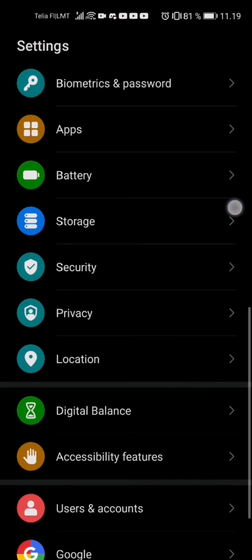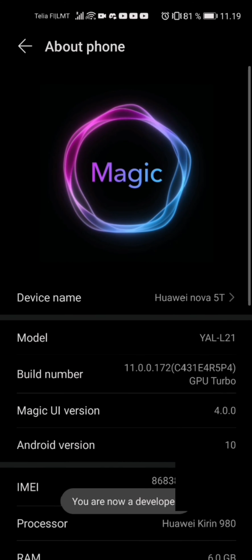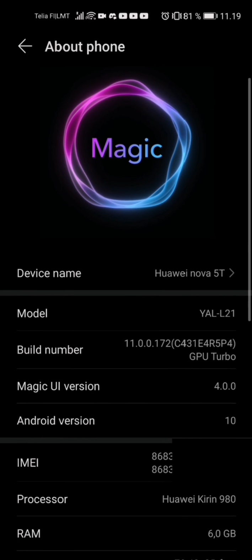First, open settings, scroll down to About phone, tap on the build number 7 or 8 times, enter your password, and it will show up: you're now a developer. Now you go back,